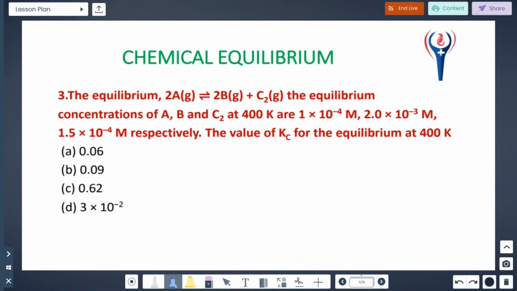They have given an equilibrium and are asking to find Kc. Any equilibrium is given, we can write Kc. Kc is equal to product concentration by reactant concentration. What is the product here? B power 2 into concentration of C2, by concentration of A. Here no coefficient, so keep as it is. Just remember,